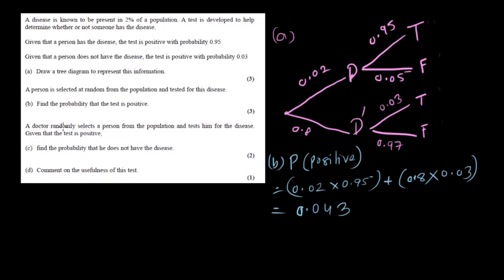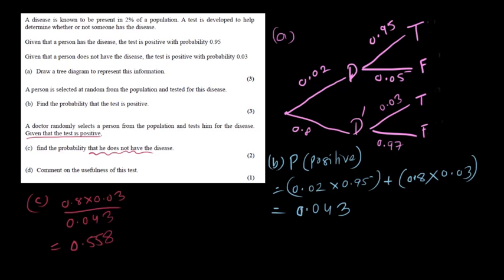Now the next question is: a doctor randomly selects a person from the population and tests him for the disease, given that the test is positive. So what that basically means is the total probability is 0.043. Whenever some information is given, we have to write this down. This is the total probability now, 0.043, and we have to find the probability that the person does not have the disease but still tests positive. So that is going to be 0.8 multiplied by 0.03. Given that the test is positive, find the probability that the person does not have the disease but shows positive. So the event is going to be 0.8 times 0.03, and that probability is